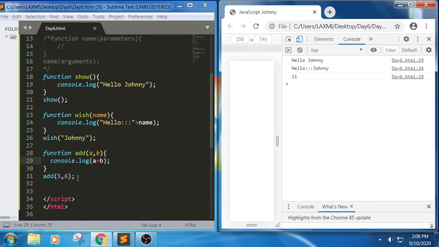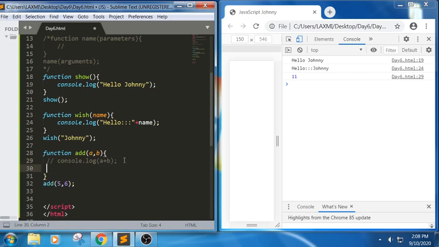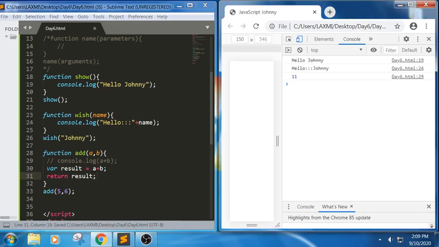For example, see, I'm trying to perform an operation using a return statement. We can perform the same operation using a return statement. Here, result equals a plus b. When we write a return, it means it will stop the execution there itself. In the sense, it will try to return the value of this function.